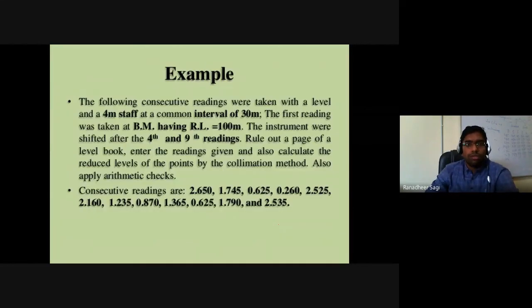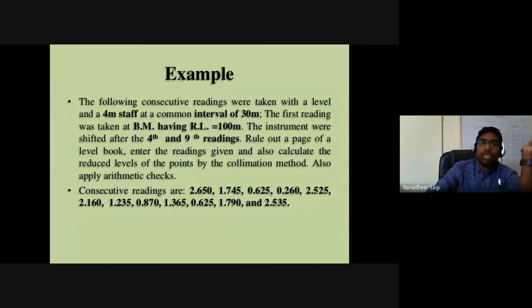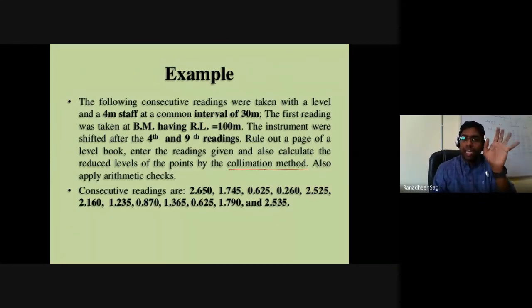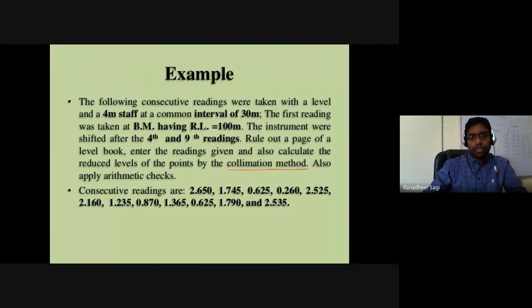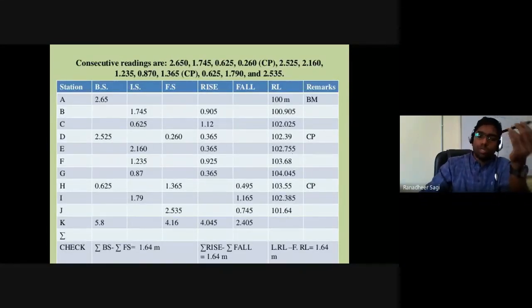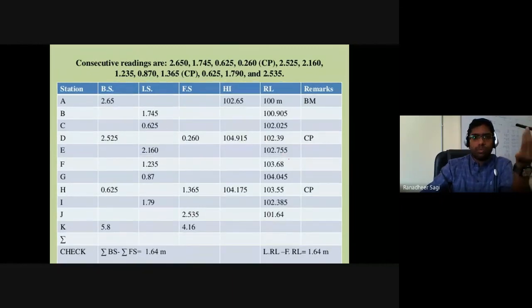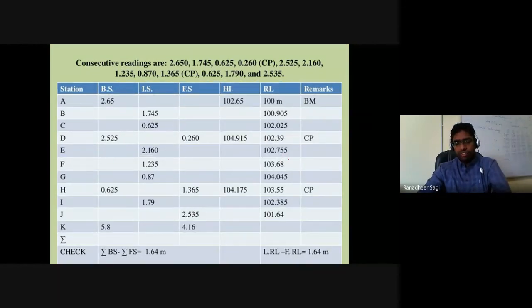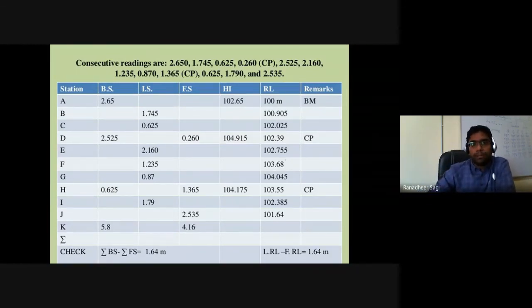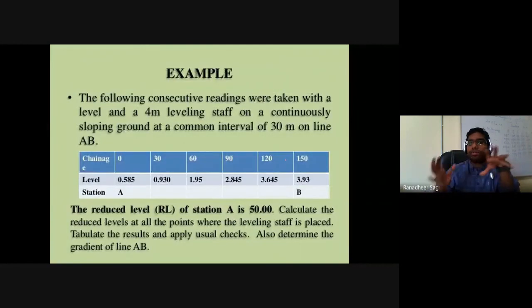Okay. So there are a couple of other problems which are similar to the previous case which we have talked about. Yeah, please look here. It is said collimation method. Collimation method is nothing but your height of instrument method. Okay, this is one problem which you can solve both by rise and fall method and height of instrument method. Though it is asked by only the height of instrument method, why are we even solving it by rise and fall method? It's only for our practice. So it's not compulsory that you have to solve it based on both approaches. Whatever approach is asked, you have to solve the problem based on that approach only.